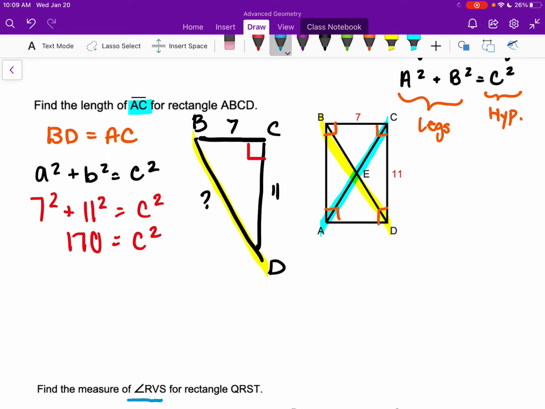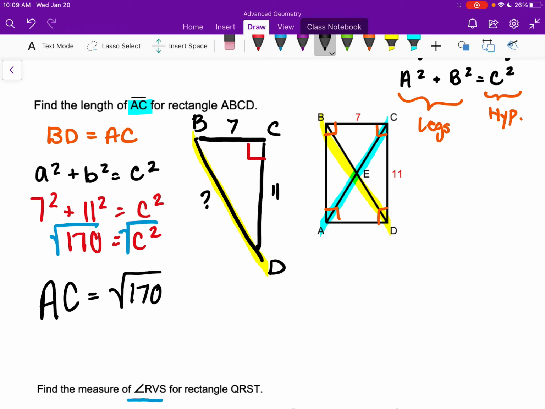Our very last thing to do is undo that squared because we want to get the variable c by itself. The opposite of something squared is a square root, so we take the square root of both sides. We can state that c, which is really side length AC, is